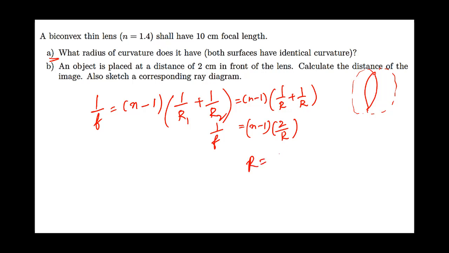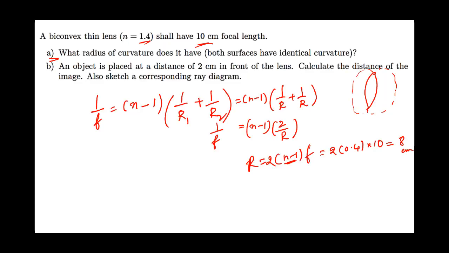or the radius of curvature then is simply equal to 2 times (n minus 1) multiplied by the focal length, right? You are given the value for n, you are given the focal length to be 10 centimeters, right? So that would be equal to 2 times (1.4 minus 1), which gives you 0.4, times 10, right? That gives you 8 centimeters as the radius of curvature,